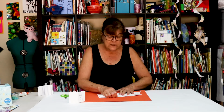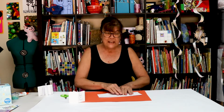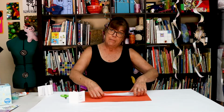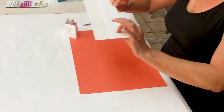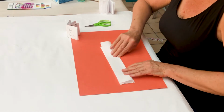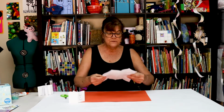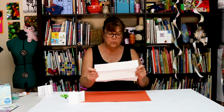Fold it out. If I'm going too fast for you, just stop the video and then catch up, and then you can get back on. Turn it over and go this way now. Okay, everybody got that? So 3 folds this way, 3 folds this way, and now I have this grid with,